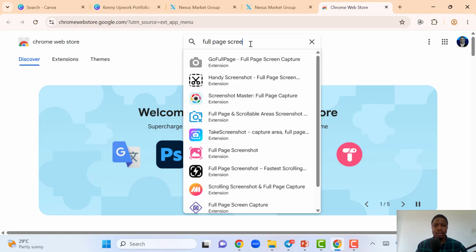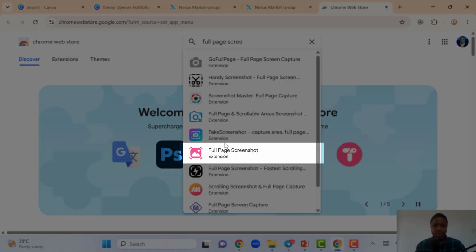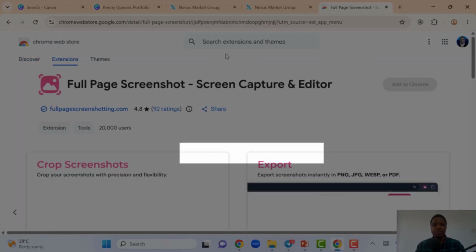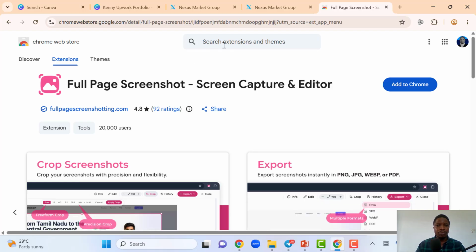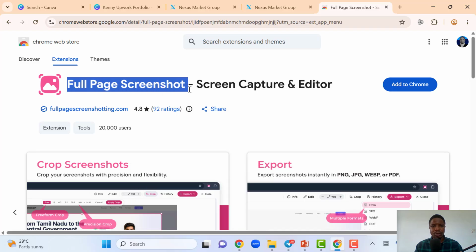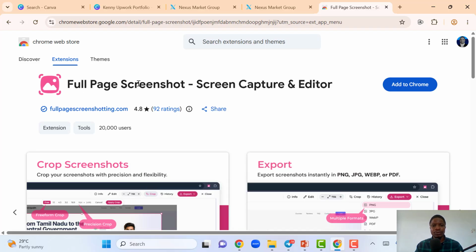So the extension we used before, this is it. The extension we used before is this Go Full Page. Some of you might be familiar with it, but recently there was an issue with Go Full Page, and Chrome Web Store deleted it. So probably they are going to fix whatever issue it is with the extension. But for now, this is the one we are going to use. Go full page screenshot